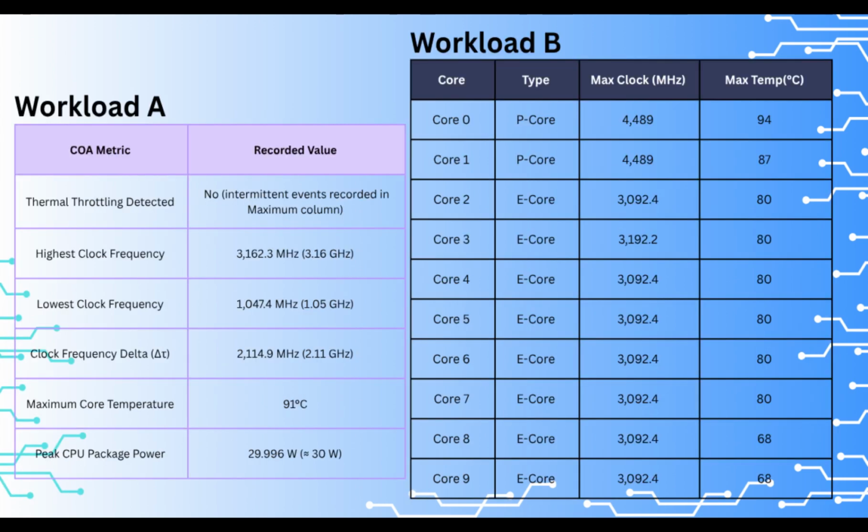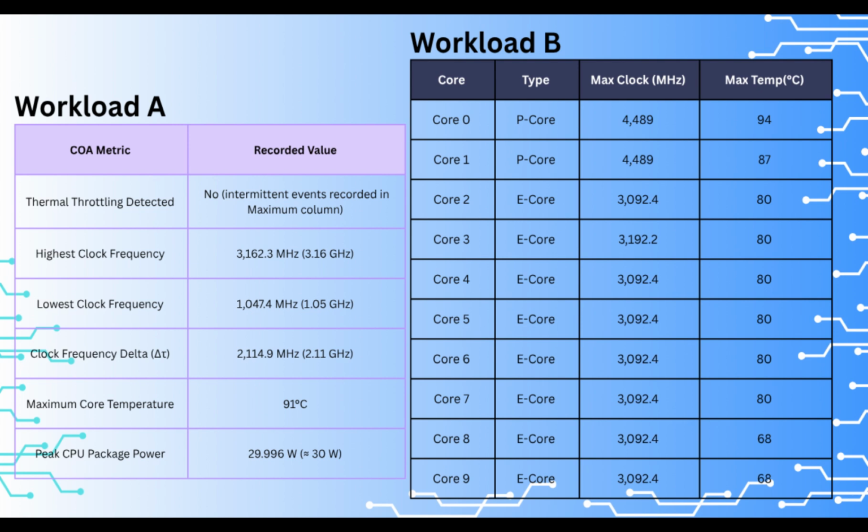To summarize the findings from both workloads using HWiNFO64, for workload A, the multi-core stress test revealed that the processor exhibits significant Intel Turbo Boost behavior, boosting from its 2,500 MHz base clock up to 3,162.3 MHz under load. However, this performance comes at a thermal cost. The CPU approached 91 degrees Celsius and experienced intermittent thermal throttling events, causing clock frequencies to drop as low as 1,647.4 MHz. The clock frequency delta and near 30 watts power consumption clearly demonstrate pipeline saturation and thermal management under